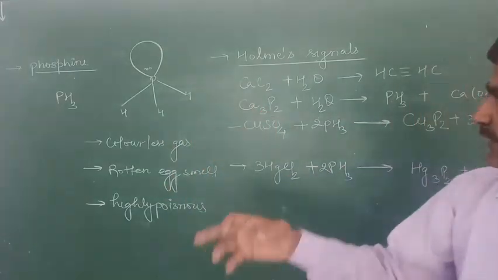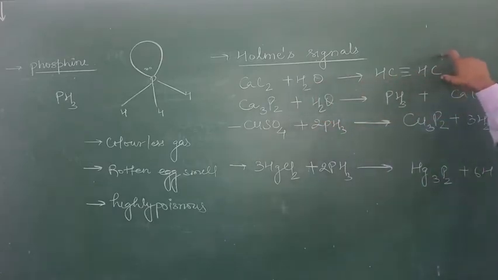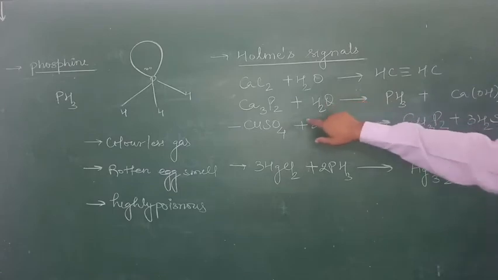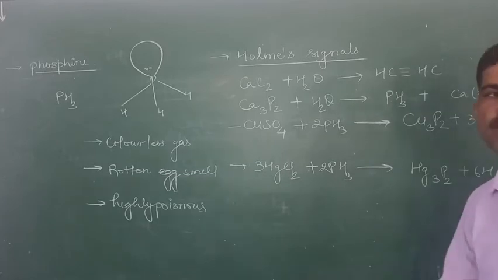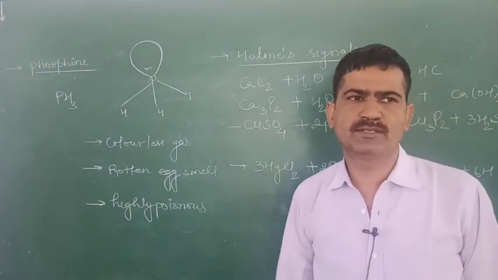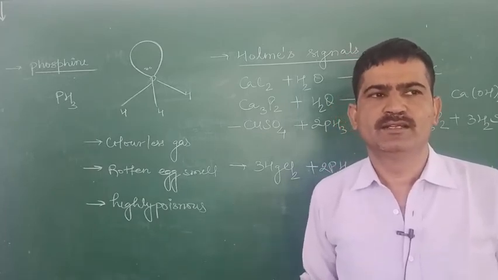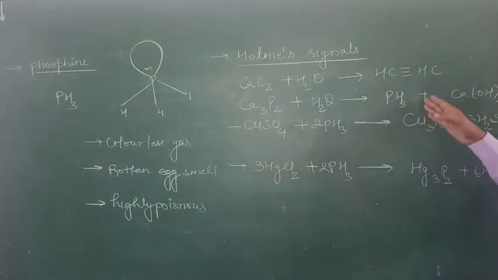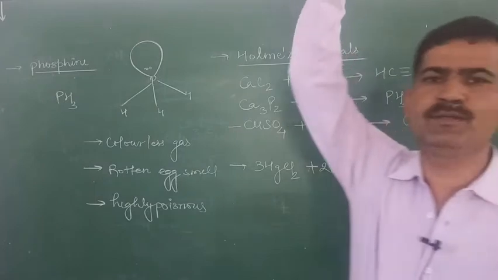When water fills the container, calcium carbide reacts with the water and forms acetylene gas, which is highly inflammable, light in weight and low in density, and moves upward in the sky. At the same time, calcium phosphide reacts with water to form phosphine gas. This phosphine gas has impurities of phosphorus vapors and other highly inflammable gases, which, due to the heat of the reaction, get inflamed, and along with this the acetylene gas is also inflamed and gives a large flame in the sky.